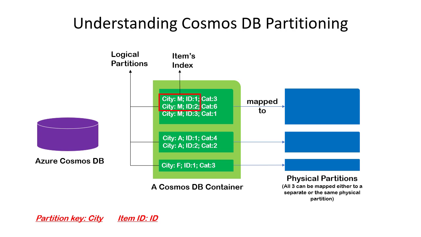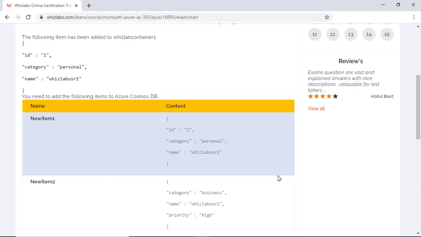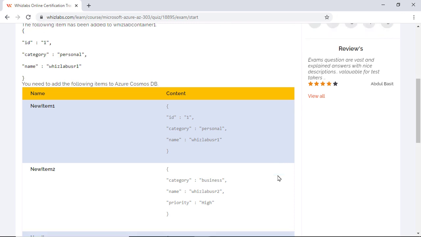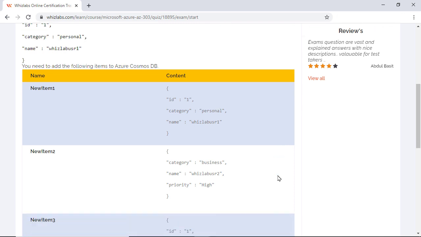Combining the partition key and the item ID is the item's index, which uniquely identifies the item. Based on this understanding, you can only add items that have a unique combination of item ID and the partition key. In addition to this item in container 1, we need to add these new items in the same container.